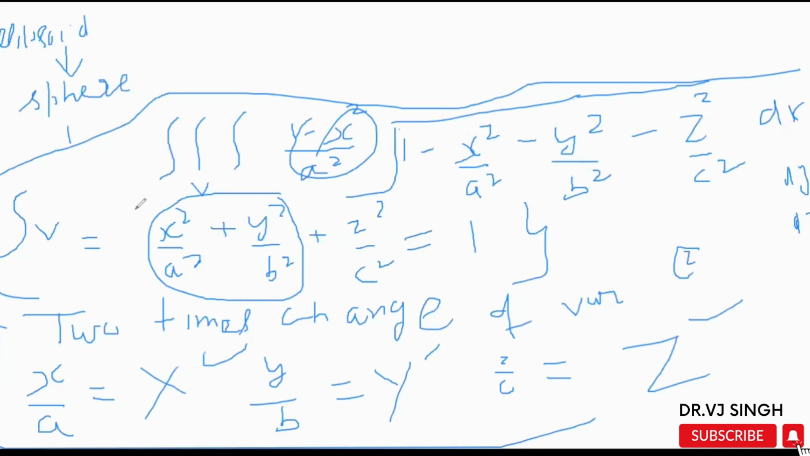स्फेयर में चेंज करेंगे by putting this. अब देखो x by a को X पर दिया, ये बन जाएगा X square plus Y square plus Z square equal to 1. Then we convert into polar coordinate, spherical polar coordinate, ठीक है। इसको थोड़ा सा ध्यान से पढ़ना।